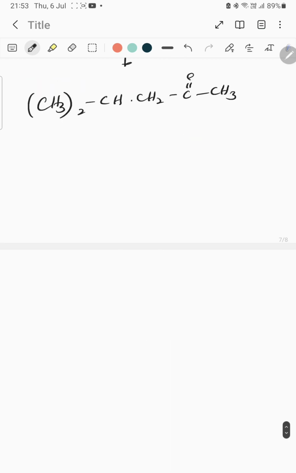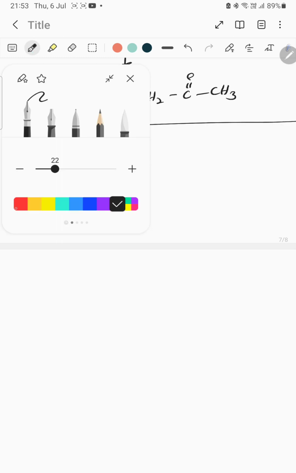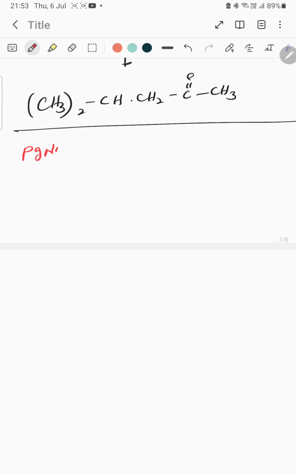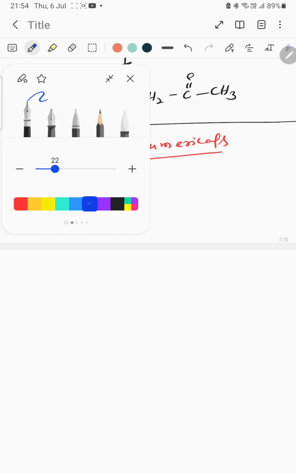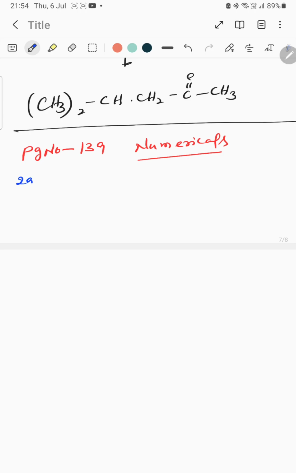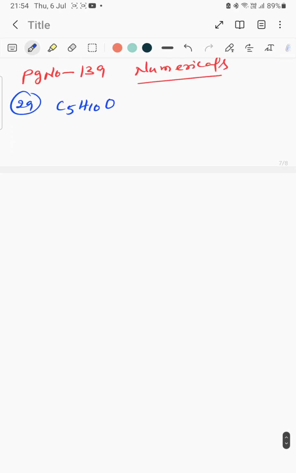Option. Then go to page number 139. Some numerical questions are there. First one, that is the 29th in page number 139. How many different aldehyde isomers, including stereo, for C5H10O? He is asking for including stereo. Options are